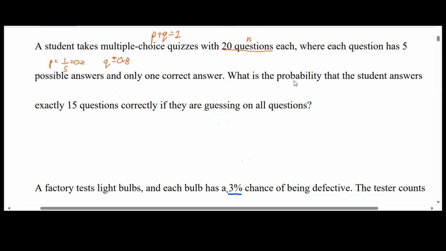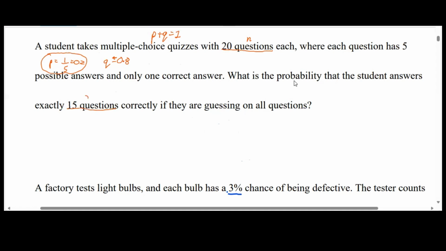So we'll get into the habit of not assuming the good thing in the question is the success. It could be the wrong thing that happens, in this case, getting the question wrong. But anyway, we have P. Our success is getting the question correct, so that is 0.2. What is the probability that the student answers 15,